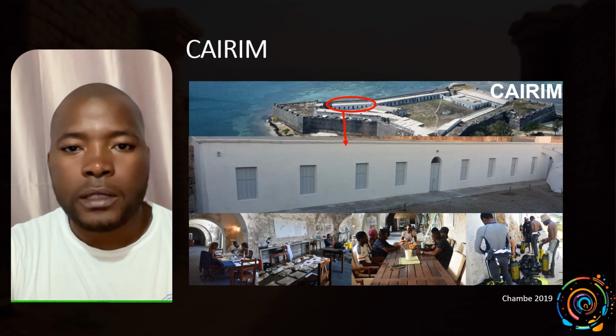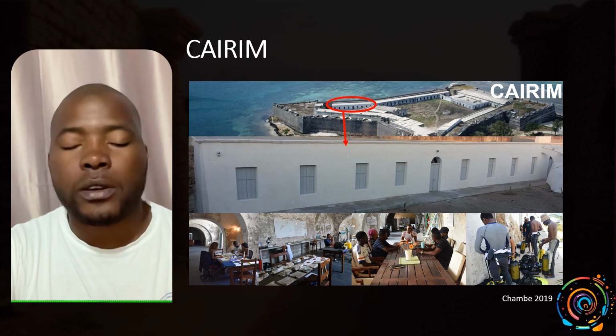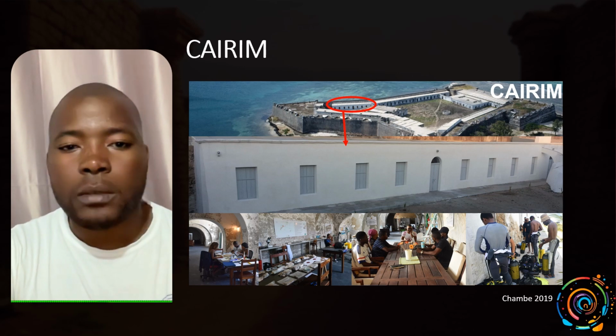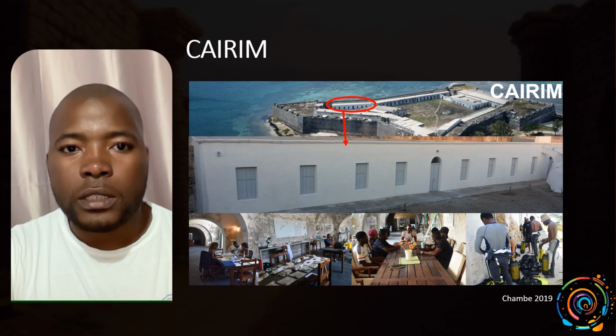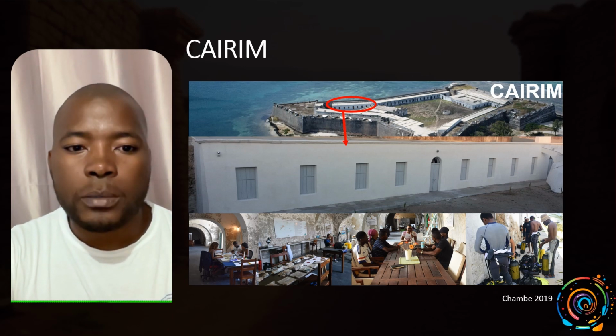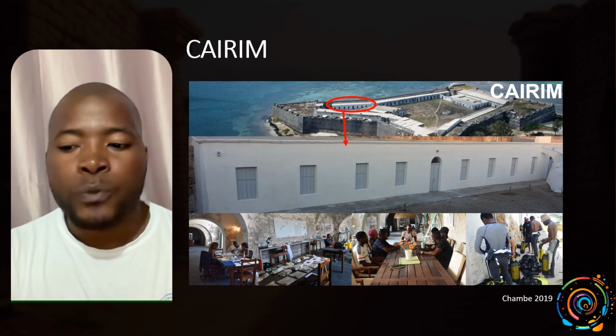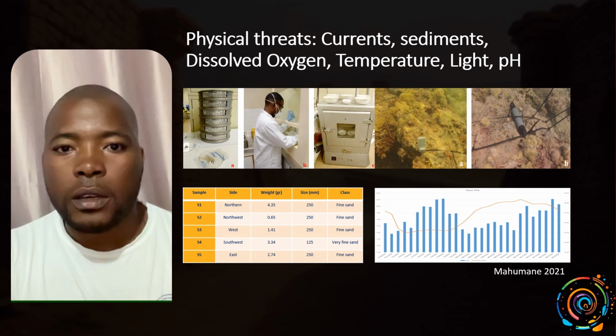Recently, there is this center that is called Kairini. It's a center of archaeology, resource, and investigation in Mozambique Island that was inaugurated in 2018. This center basically monitors the shipwrecks around Mozambique Island and conducts a number of studies on these shipwrecks, but also trains local community in diving and also monitoring the situation of some of the wrecks here.